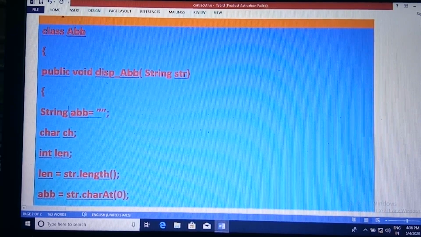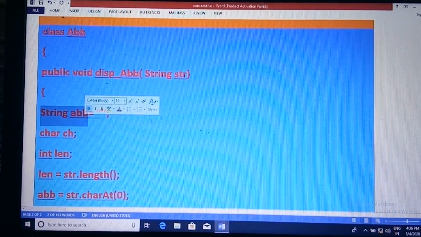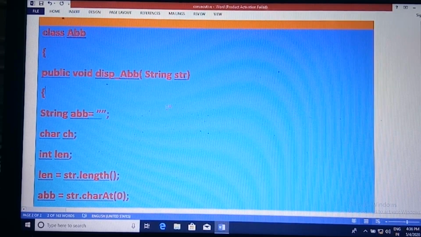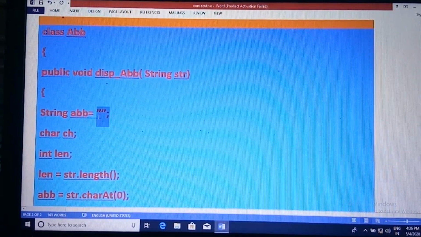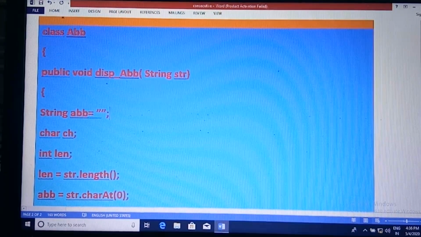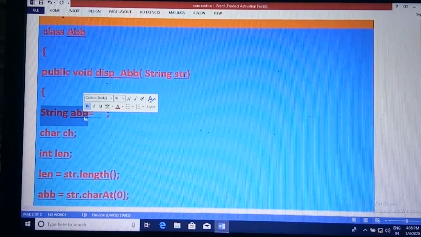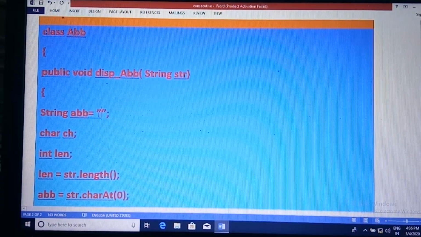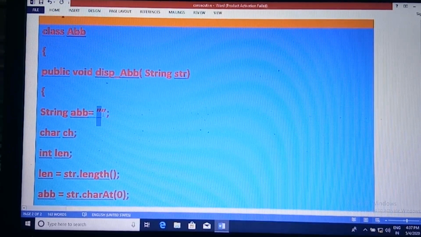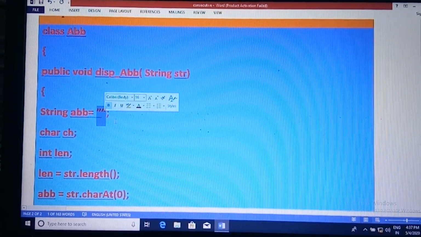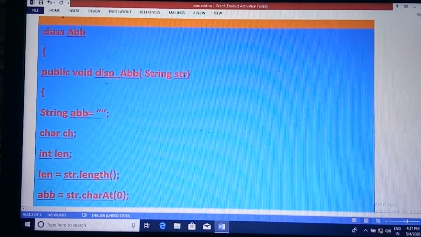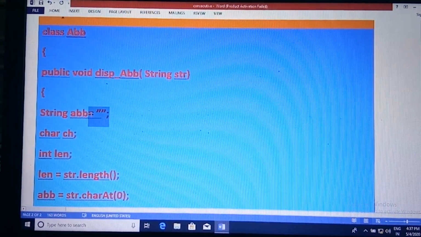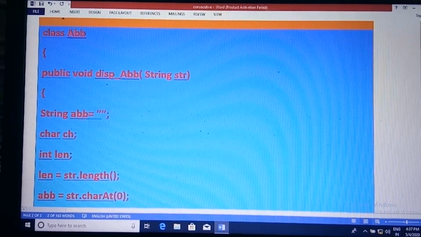Here the variable ABB is used for storing the abbreviated form of the sentence entered by the user. See here, the variable ABB is initialized to a null string. The two double quotes together represent a null string. That means no value is stored in the variable ABB.